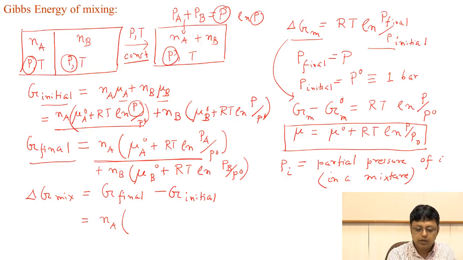So Na mu A0, Na mu A0 cancels. So all we are left with is Na times RT ln P by P0 minus ln PA by P0, but that we can directly write as